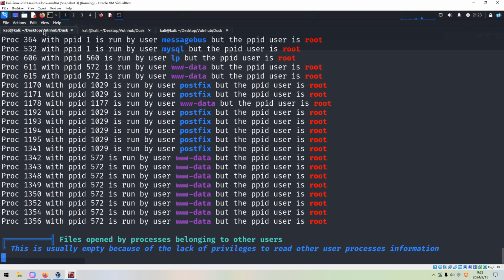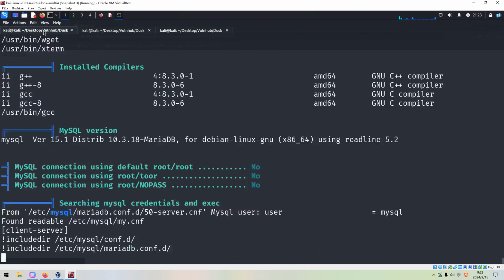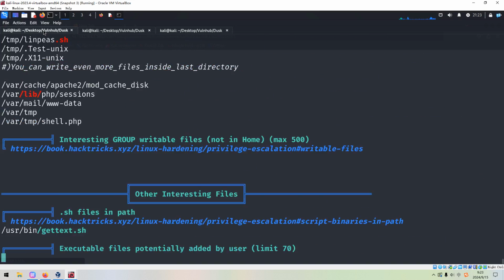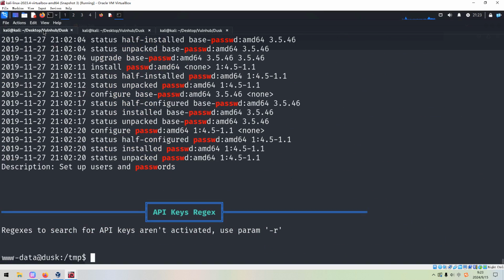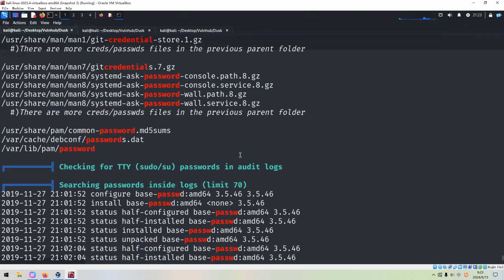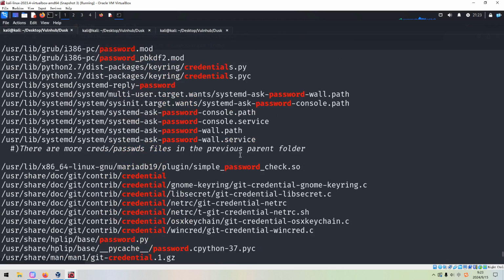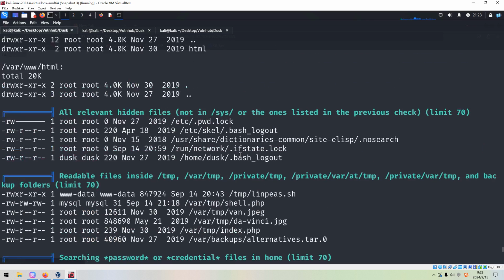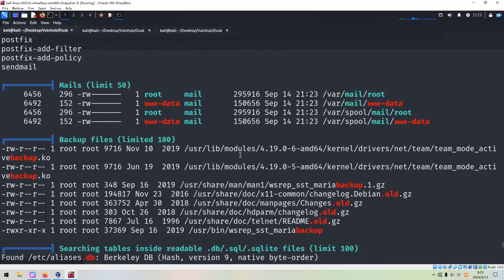For example, like the SUID bit of binaries, the cron job, processes information. Okay, it's done. And we need to scroll up to find the vector which can help us to escalate privilege.